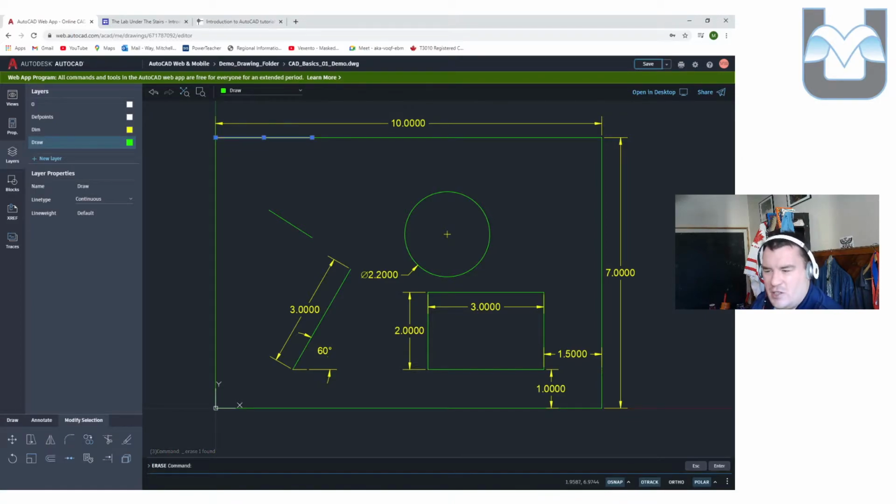The absolute dimension is something we will often use in AutoCAD, and we would actually put the number sign in front of a coordinate point before we did it, and that's how we would get that line exactly where we wanted it. Now, the thing that we're going to use right now, we're going to go back to